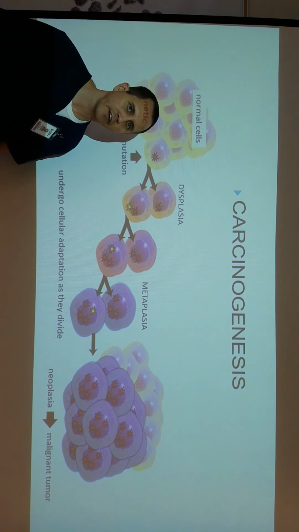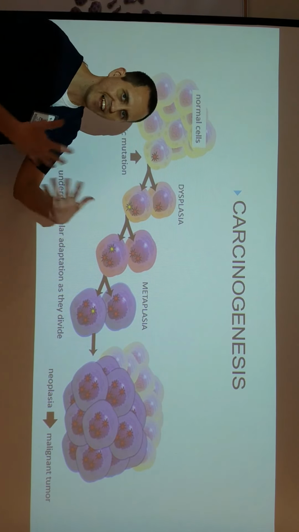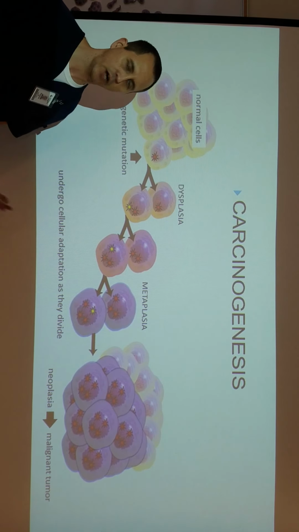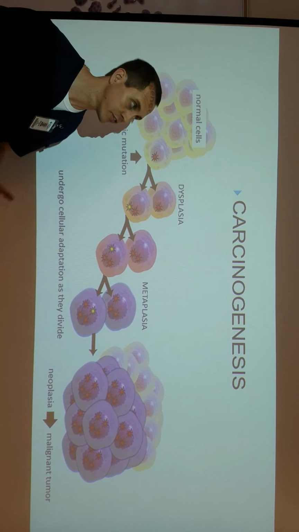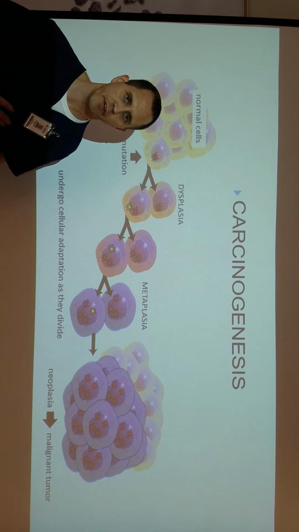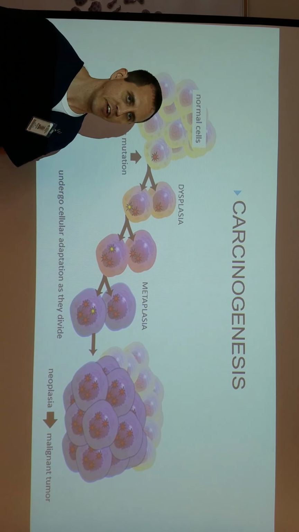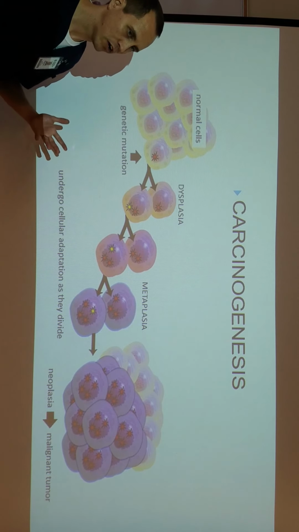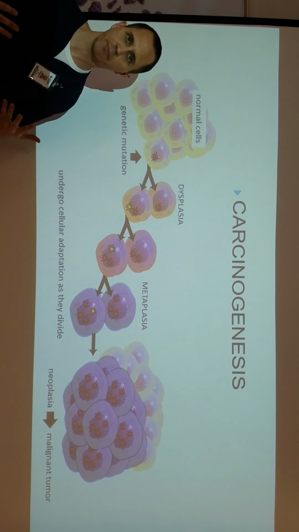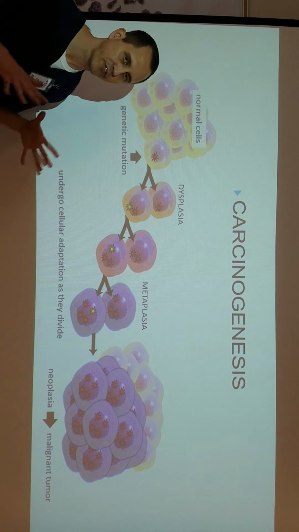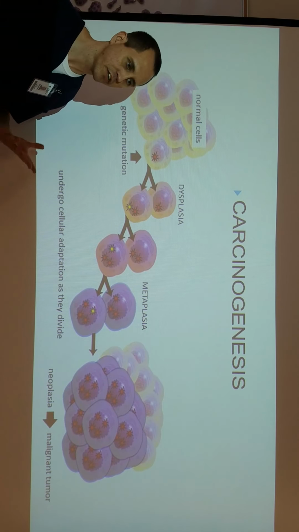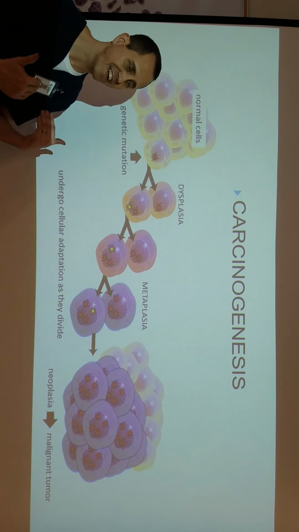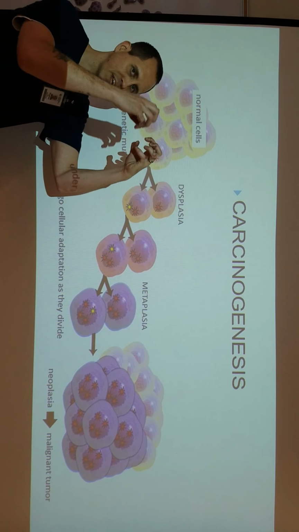Now that you understand how we grade cancer becoming less and less like their parent cells, it helps to know how cancer occurs. Carcinogenesis describes the development and progression of cancer cells. In the beginning, normal cells in our body are exposed to some form of genetic mutation. When they're exposed to cancer-causing agents, carcinogens, a mutation occurs in the DNA where when a normal cell replicates, the